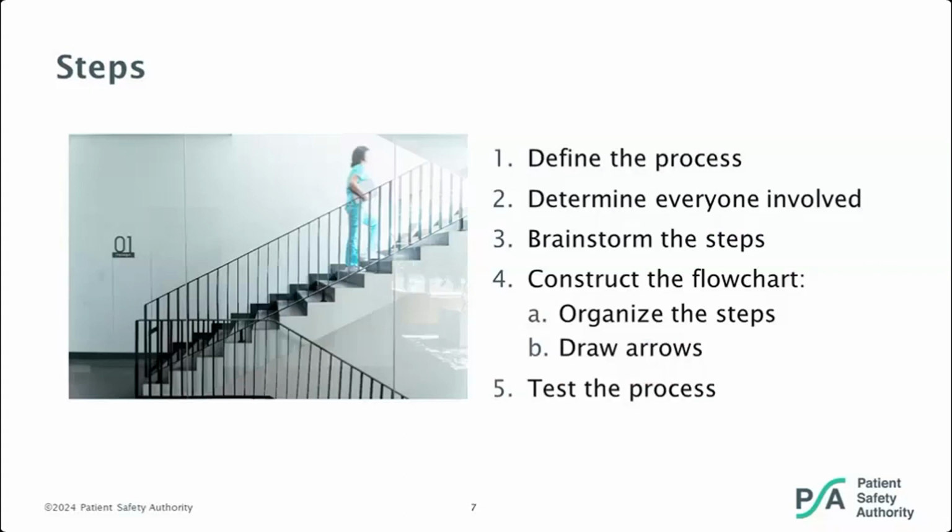Defer to that expertise, and leverage the frontline folks you have who can say, no, this is how it's really accomplished. Brainstorm those steps. It's not necessarily going to be in the right order at first, but you're just gathering. Then as you construct the flow chart, you're going to organize things. You're going to start drawing relationships using arrows and test the process in whatever way you do that, looking and saying, okay, did we miss anything? Is this what's really happening? What are we missing here?